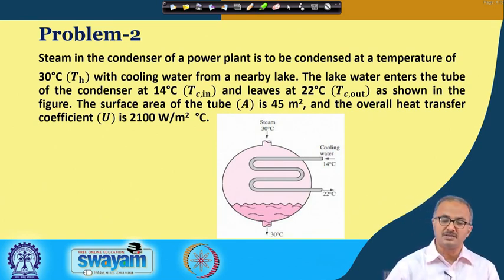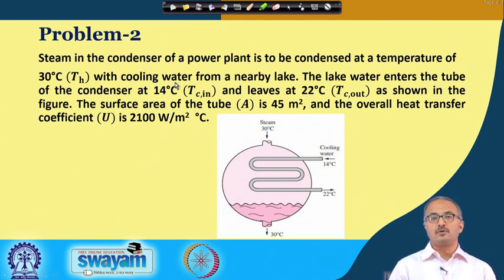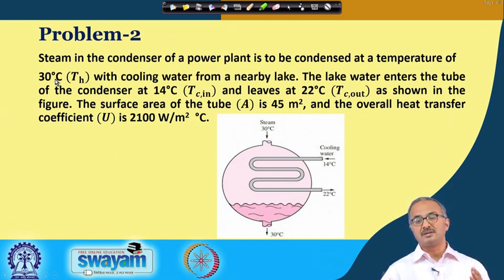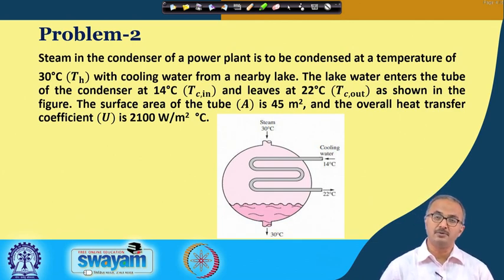For this condensation, we are using some cooling water, and this cooling water is taken from some natural source. It could be a river, a pond, or a lake. So in this particular problem, we are fetching the cold water from a lake, and it is available at 30 degrees centigrade, and you know that the steam will be at a quite higher temperature. If the steam is at 1 atmosphere, the steam will be at a temperature of 100 degrees centigrade, which is the boiling point of water and gives us the saturated vapor. Above that it will be superheated vapor.